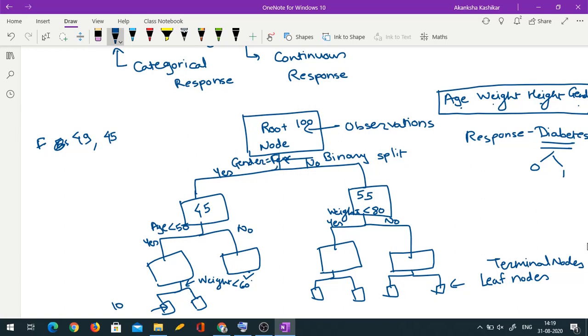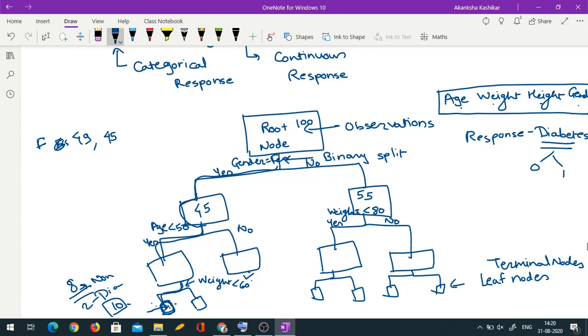Okay, so I would start from here. So initially gender female, so I would go to this branch. Then age less than 50, so I'll again go to left branch. Weight less than 60, so I'll again go to left branch. So the female would land up here. Now how do I predict class? So from my training data, I have suppose 10 observations sitting over here. I would see what is the class of those 10 observations. So suppose out of these 10, 8 are non-diabetic and 2 are diabetic. Then I would say that majority of this class is non-diabetic.